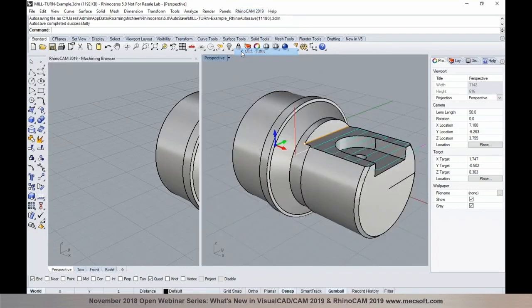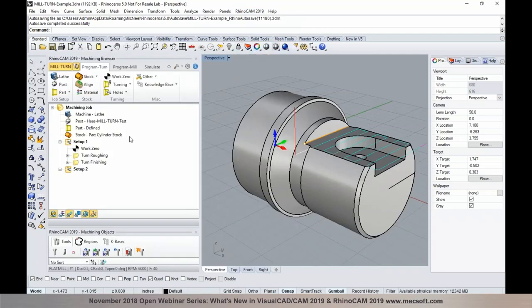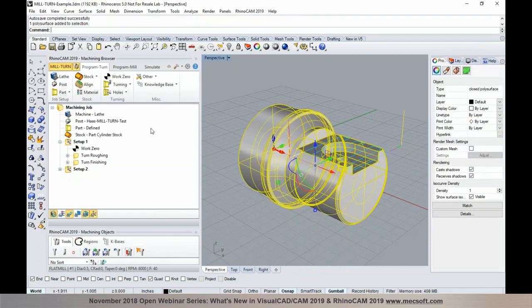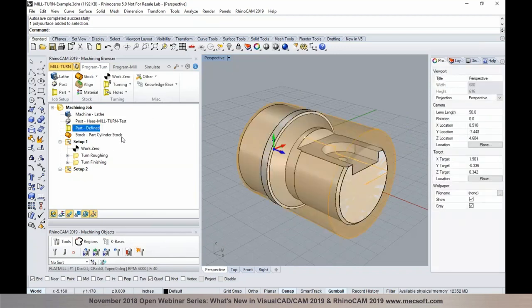So when you select mill turn, this automatically displays the interface for the milling and the turning. So you can program turning operations under the program turn tab, and you can also program mill operations in here. And then you can program both of these operations and simulate and post-process them out to your machine tool. So the process of defining the part is very similar for folks who have used our turn module. So you just go into the part, select the turn part, and then just highlight the part geometry, and we could define the part for turning,